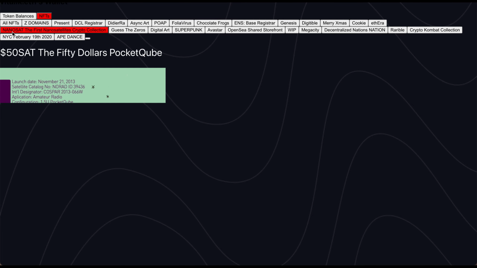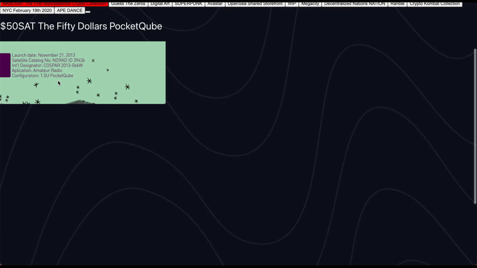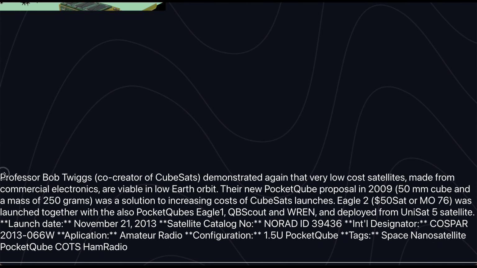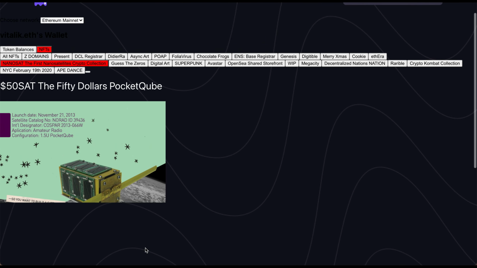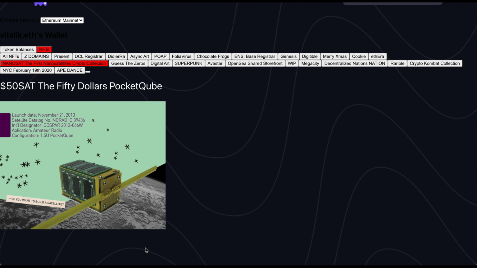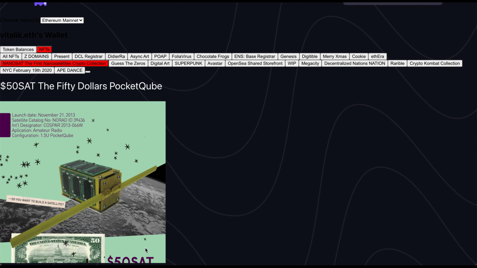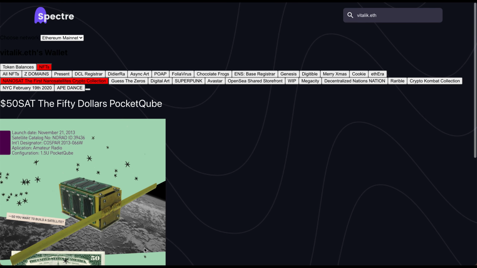So here we are seeing the NanoSat NFT, and you can check out his collection, and you can also see a brief description about that NFT. In the coming days, we do plan to add a proper modal that pops up and make it more interactive and fun. But due to the time constraints that we had for this hackathon, we weren't able to execute on that. So yeah, this is about it.